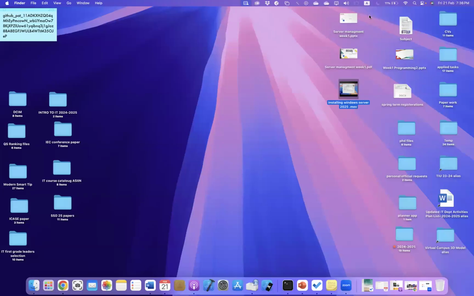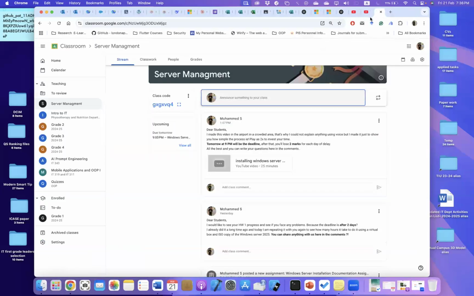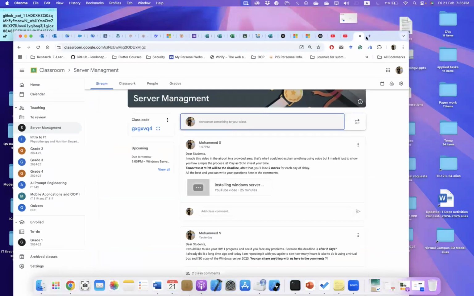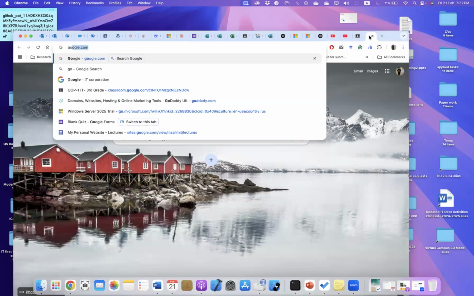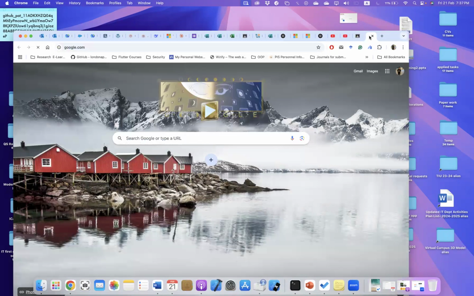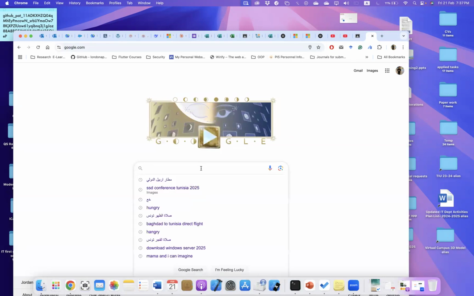Dear students, this video is trying to show you the whole process of solving the assignment that you have for server management. In the beginning, let's start by going to Google. To solve this homework, the first thing you have to do is download